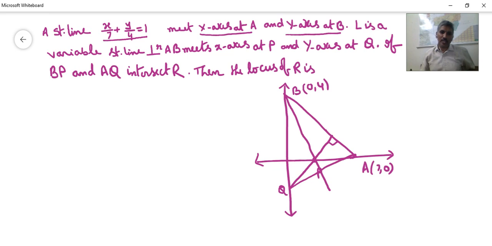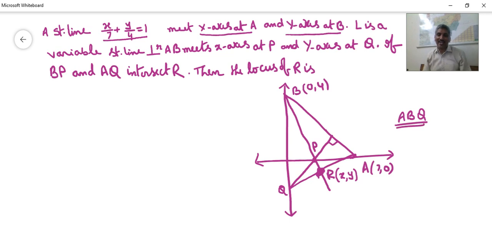So BP and AQ are intersecting at a point R. This particular point is P. Okay, so BP and AQ are intersecting at a point R. He is asking the locus of the point R. This point locus we have to find out. Whether you observed or not, observe the triangle